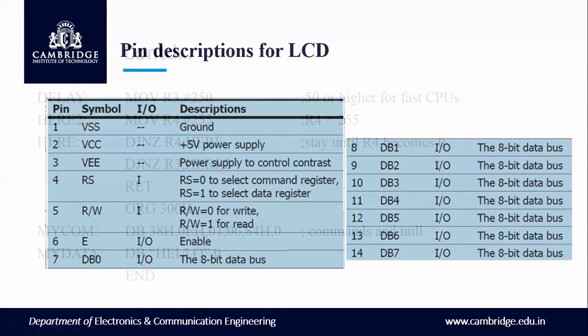The data bus stands for D0 to D7. So let us see how we can access this and how we can send these command codes and the data, using data bus D0 to D7, for displaying a message. So this is an 8-bit data bus. We send a command code as an 8-bit value, or the data, that is the characters, as 8-bit characters. You are writing ORG 0. 14 pins: very simple, 3 pins are used for power, and 3 pins for the controls. Then you are clearing A. D0 to D7 act as IO pins for 8-bit data, meaning input and output data.